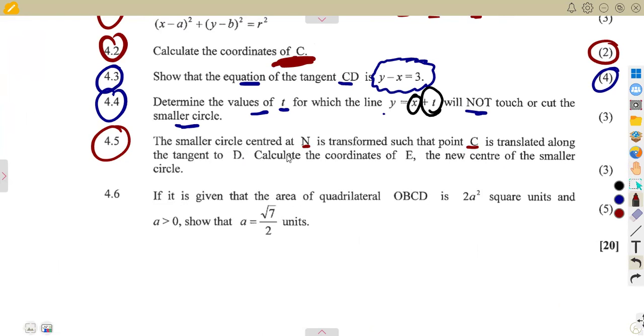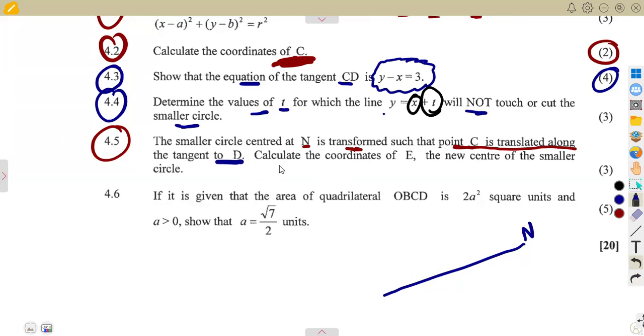The smaller circle centered at N is transformed such that the point C is translated along, that is the most important part there, along the tangent, meaning to say, if something is transformed along, it is moving along that line. So N is going to move from where it is along the tangent. It is not going to change. It is going to move within the tangent to D. So take note, the center,